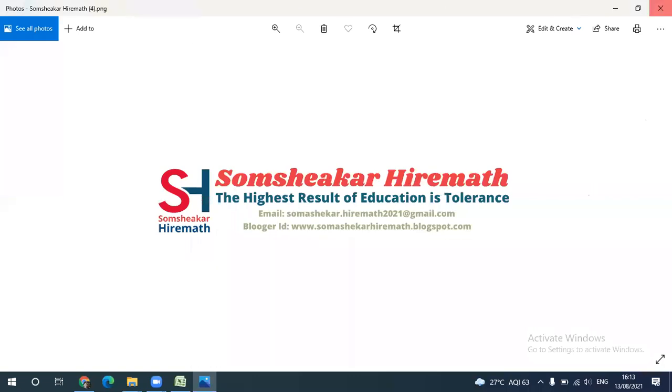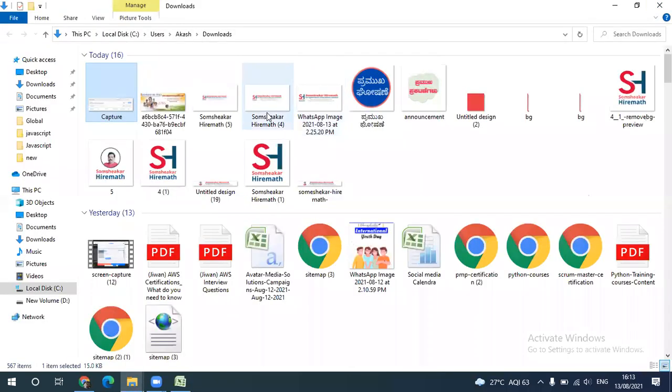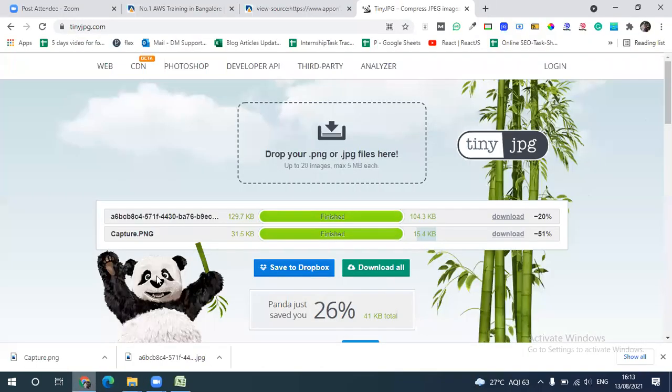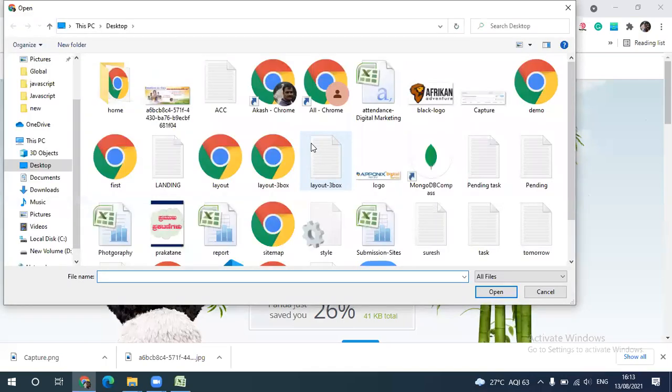Let's say, for example, I will take one more example. You can see this is 118 KB. This one I will compress. Let's see. I will go to downloads.